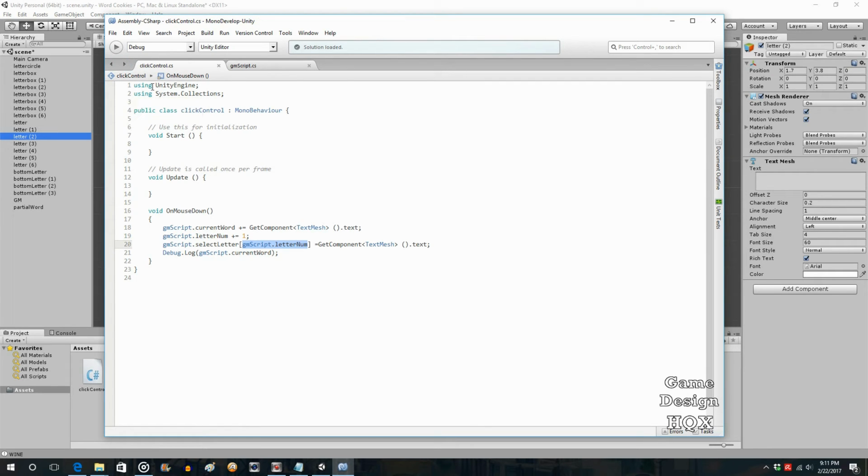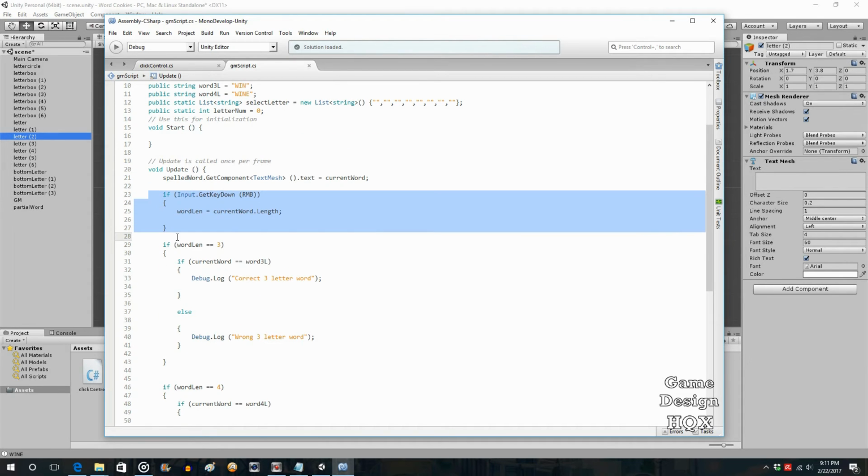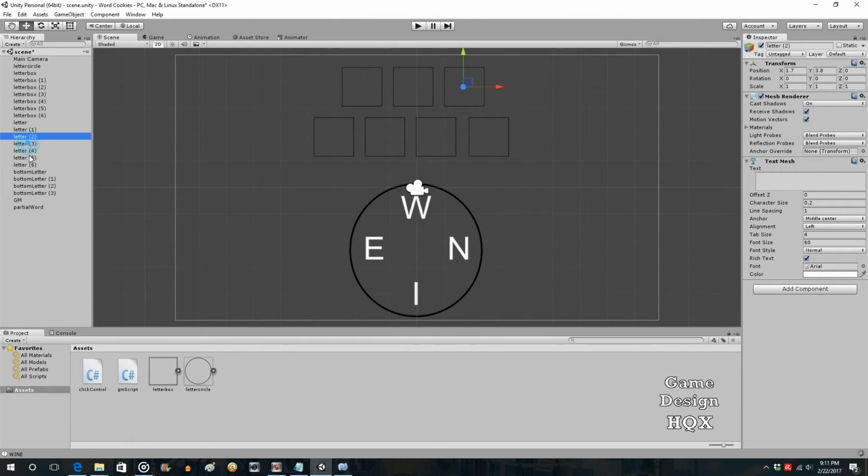Now, how do we know that it's working? Well, not a great way, because we'd have to be referring out to the list, so it's probably just best that we try to put the final version in. And that is when you right-click, okay, we said that when you right-click, we do a word check, and we put the information into the debug log. Now what we're going to do is we're going to actually write to these, okay? But to write to them,